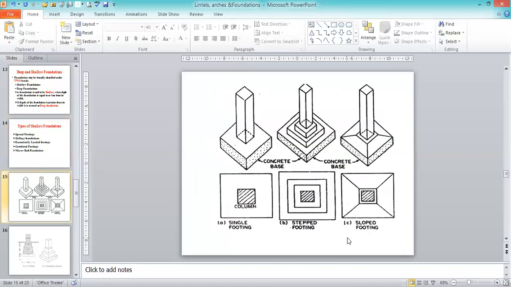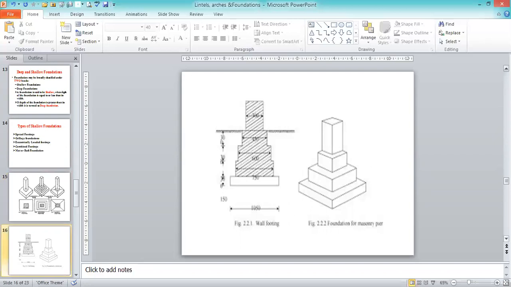In the pictures we can see how the spread footing foundation is provided. A concrete base is provided, and over that the masonry work is done with brick. Then above that we go for the column. Step footing, slope footing, and single footing are provided. Completely, we provide a strong base with cement concrete, then over that brickwork, and then the column, and that is called a spread footing. This is used for simple or light structures. This is also one of the examples of a spread footing foundation.